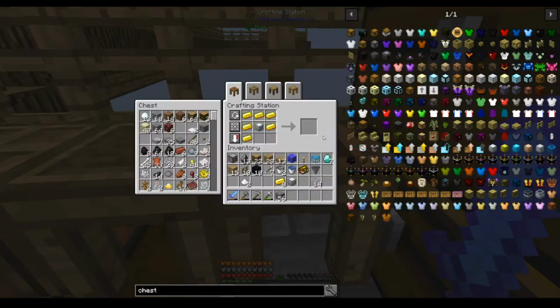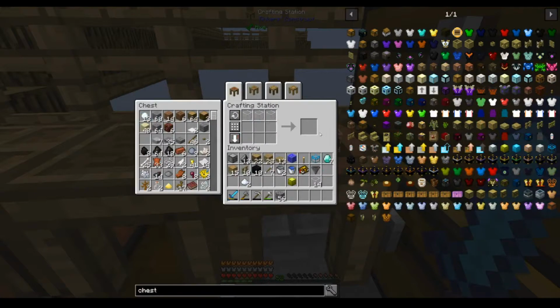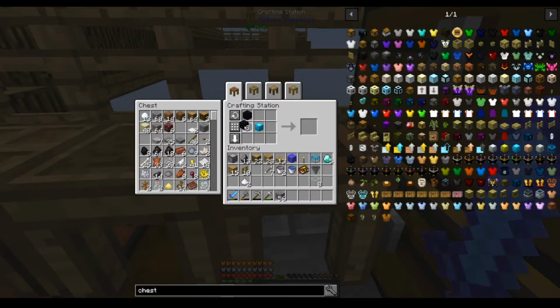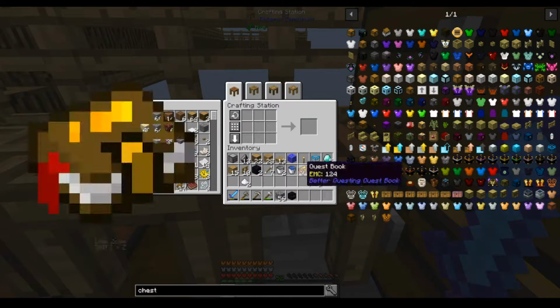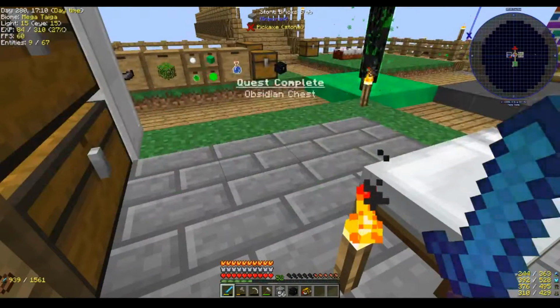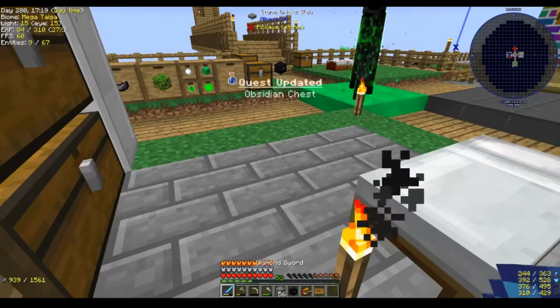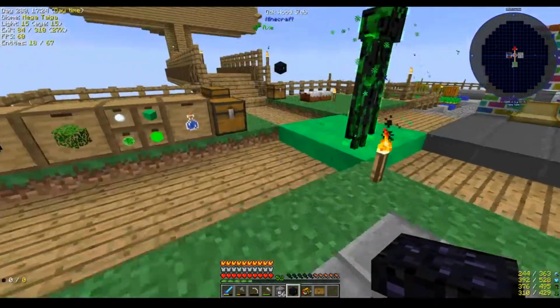Iron to gold. Gold to diamond. And diamond to obsidian. There now. That was all sorts of confused, wasn't it? Alright, so we have completed all the chests, and what I'm going to do...